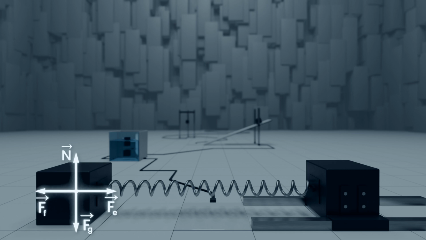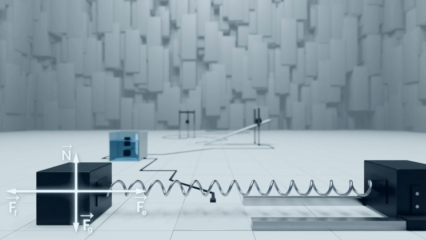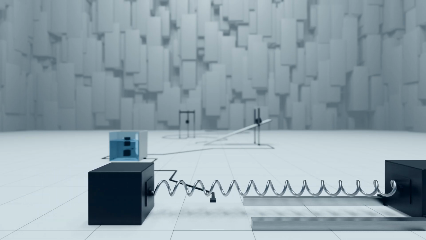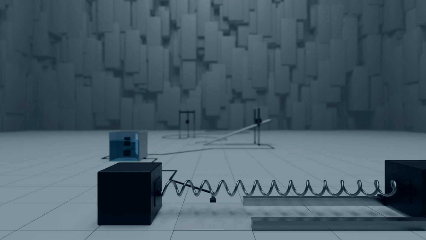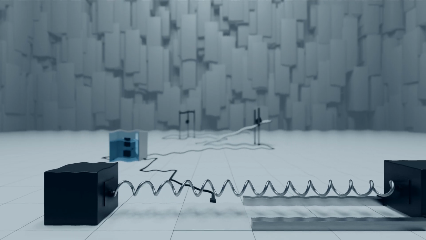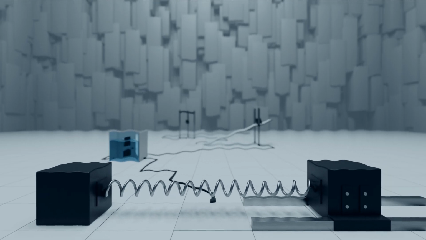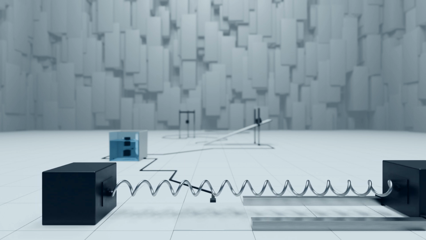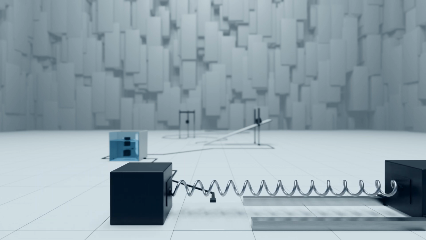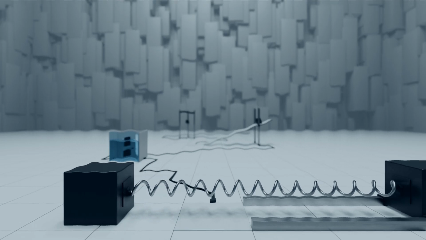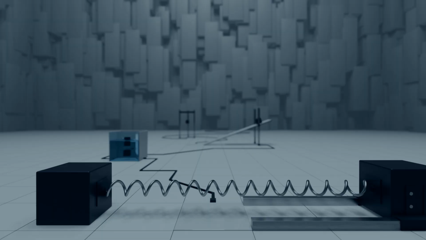This is static friction. As the spring stretches further, the force pulling on the block increases. At a certain point, the block starts to move. This happens when the static friction force reaches its maximum possible value and can no longer hold the block in place. At any moment from the start of the spring's extension to the instant the block begins to move, four